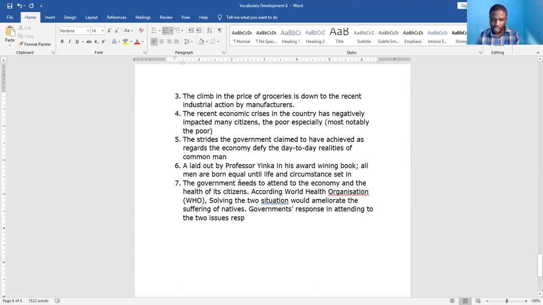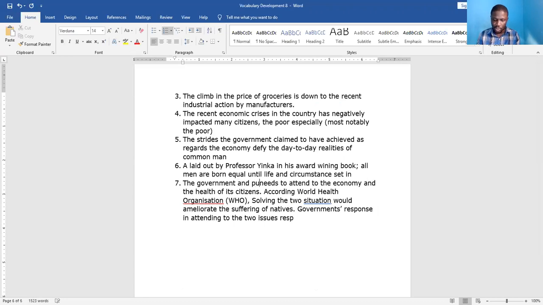The government and public and private sector, let me put it like that, need to attend to the economy and the health of its citizens. According to World Health Organization, solving